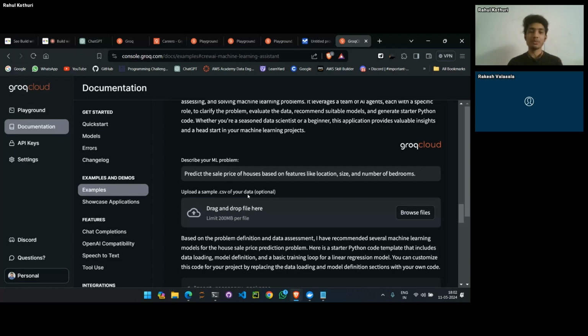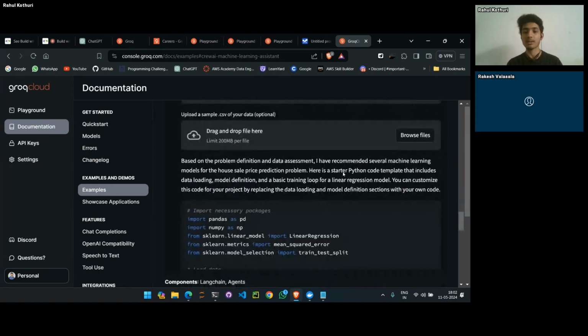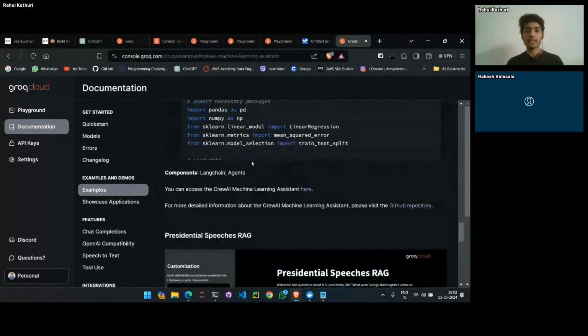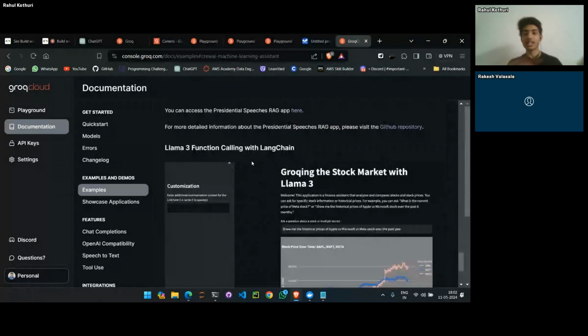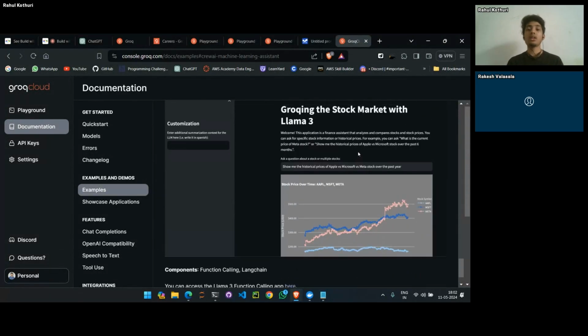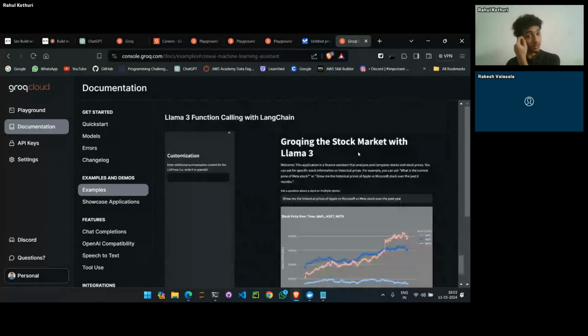So we can directly import that file and give it a prompt like, predict the sales price of houses based on features like. So it will generate the entire code of the machine learning models. You can directly paste this and it will generate these graphs and everything. So these are the use cases of these